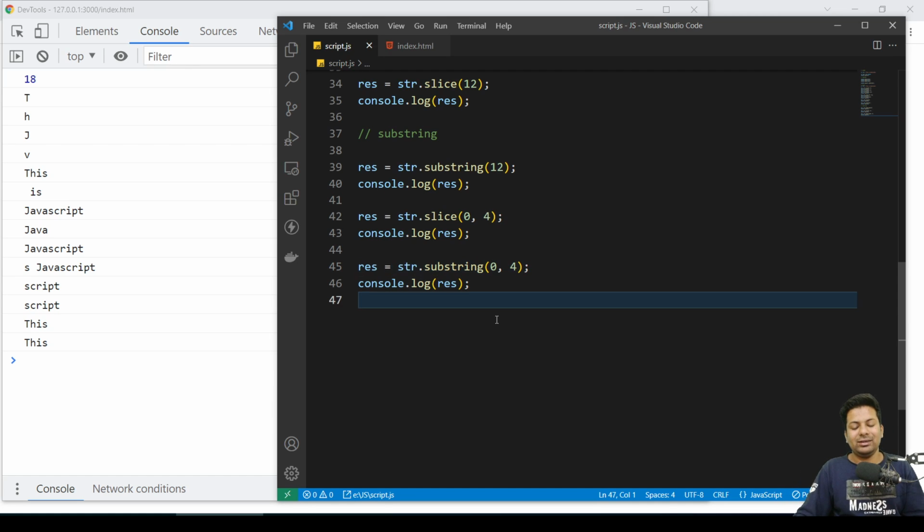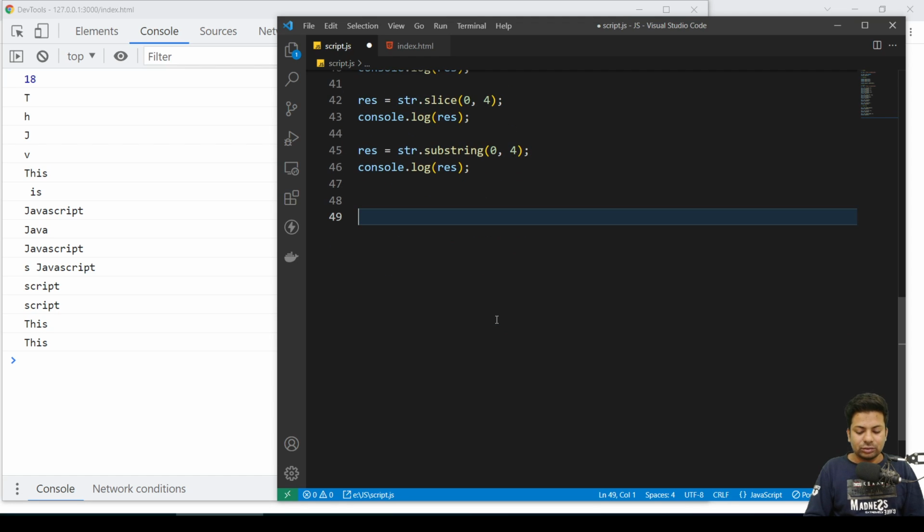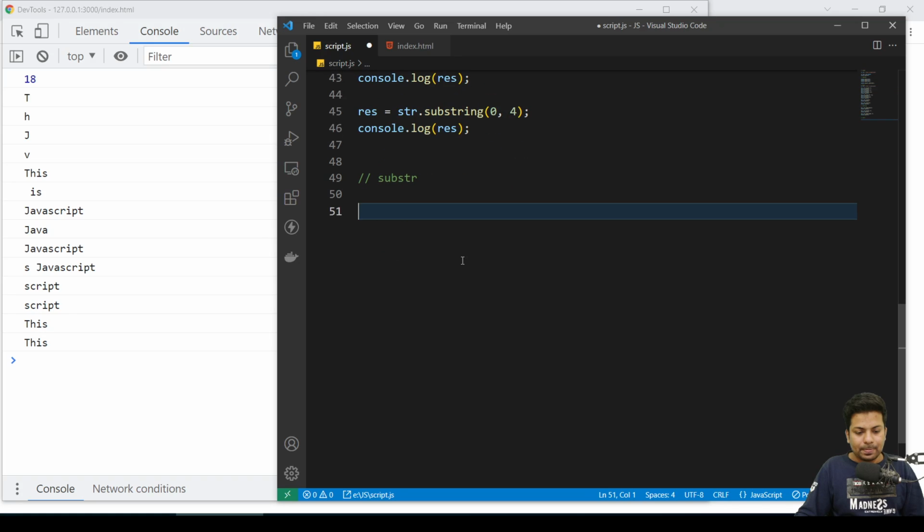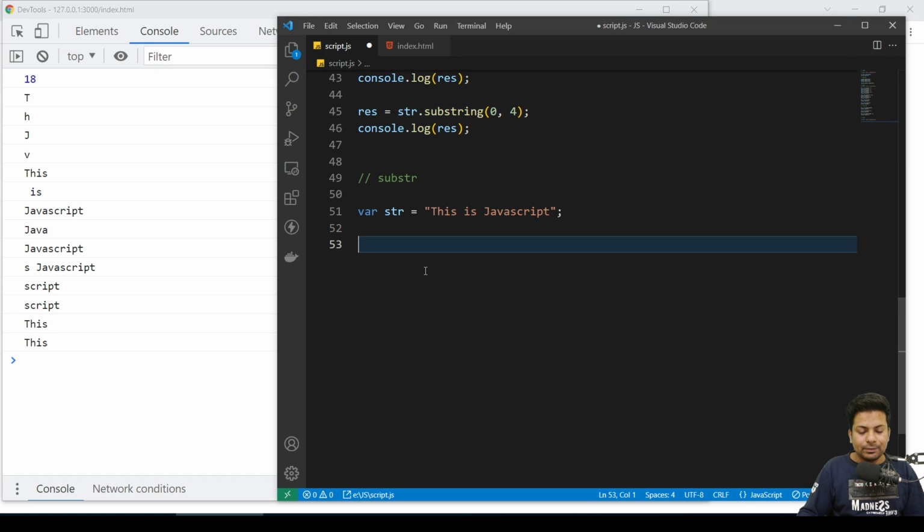Okay, but that's there. Now there's something else which is called substr. What this does, suppose let me just copy this string. I will say start from the eighth keyword and give me 4 words like this. I will tell the number of words I need.